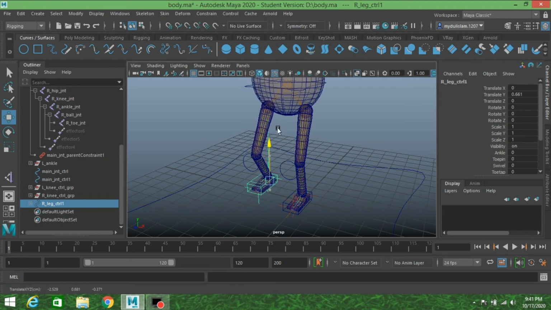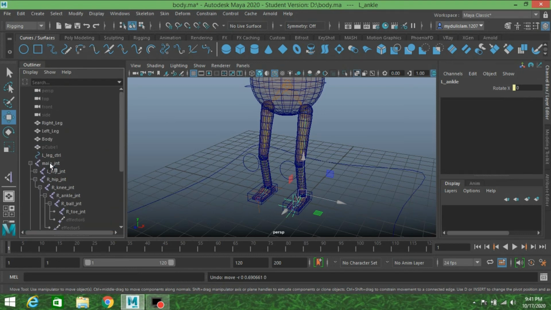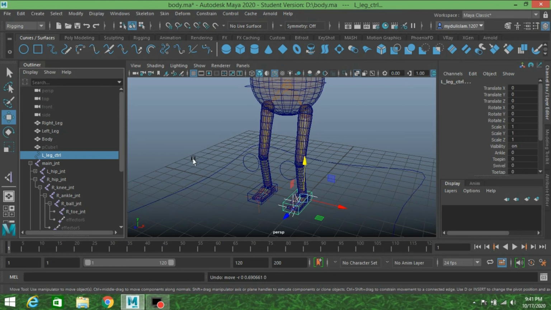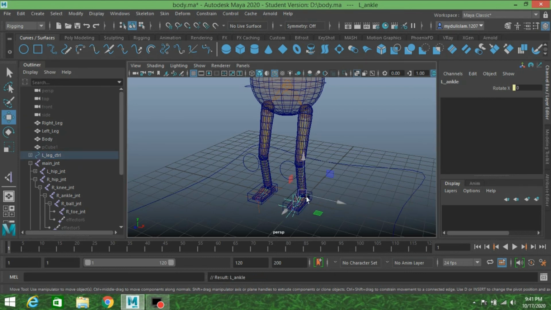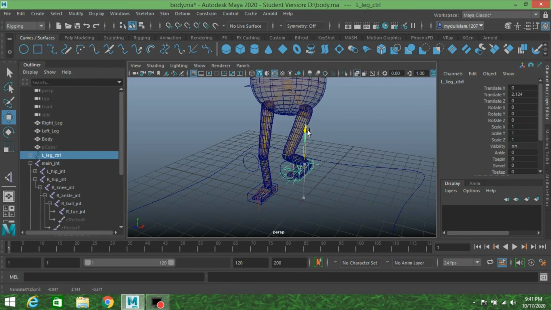Now move and see the effect. Do the same for the left leg controller, left ankle group, shift select the left leg controller group, press P to parent it, move and see.